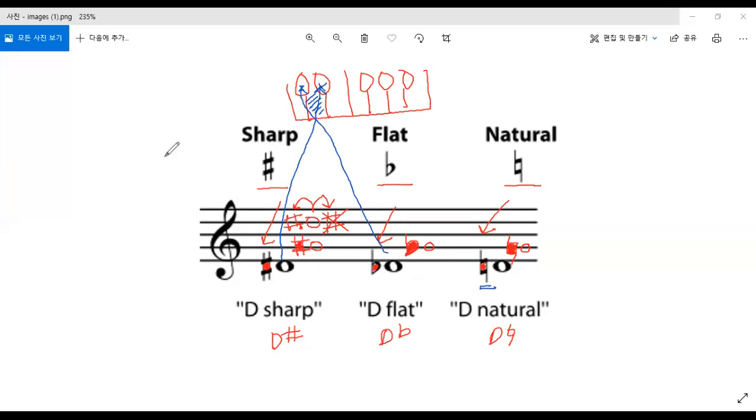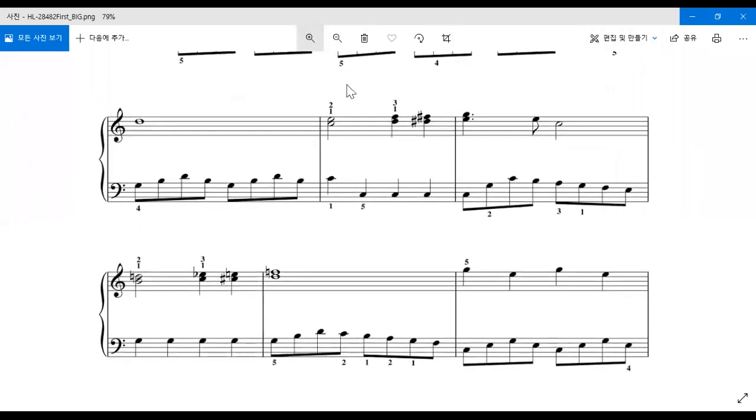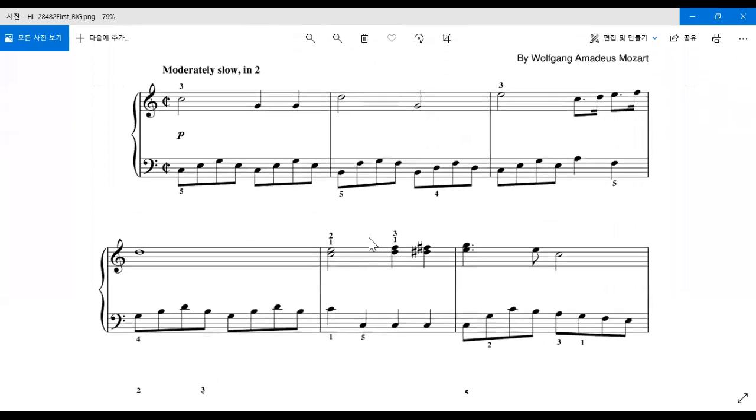All right, so next we're gonna find the music sheets and then let's read the notes together. Okay, so let's look at these music sheets. We're just gonna simply read the notes. Okay, so let me enlarge a little bit. Okay. So from here, you see